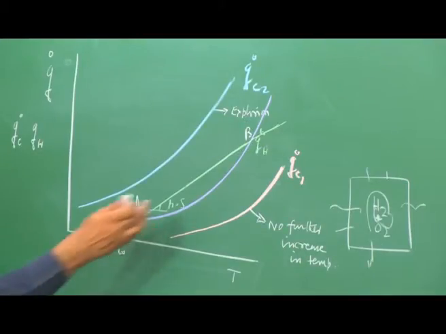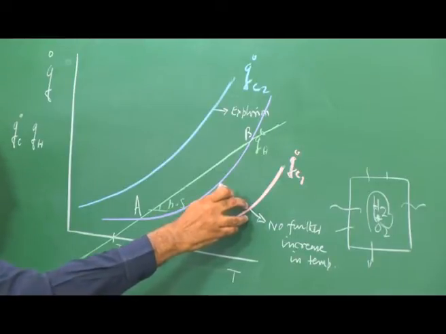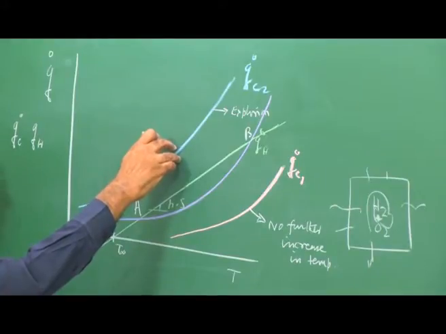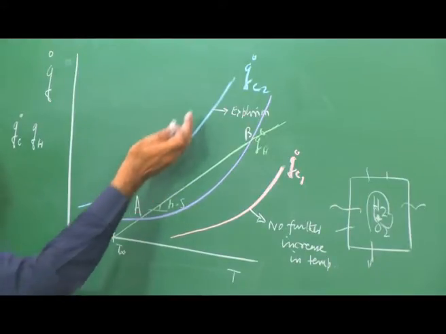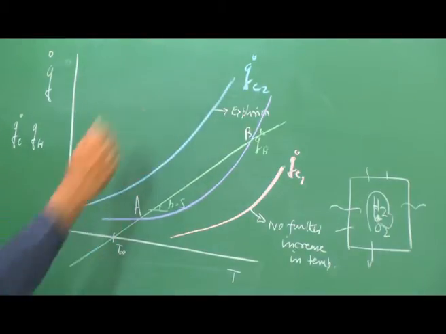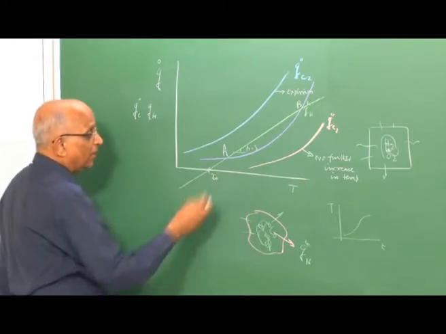Therefore, we say one case is no possibility of an increase in temperature. The heat generation rate is so high, higher than the heat loss rate, that it just goes into a cycle of reactions and explodes because the heat release is excessive. This volume keeps on increasing in temperature such that there is an intensified chemical reaction.